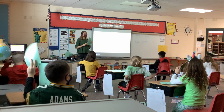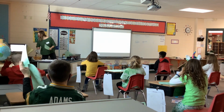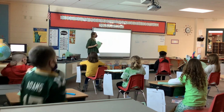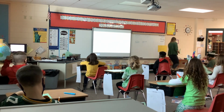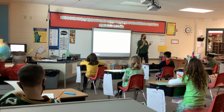We're really looking at the sentences. So we've got station 1, which is the orange over there. So you're going to be building and writing possessive nouns. I've got a little baggie of cards, and what you're going to do is you're going to have some words in here,